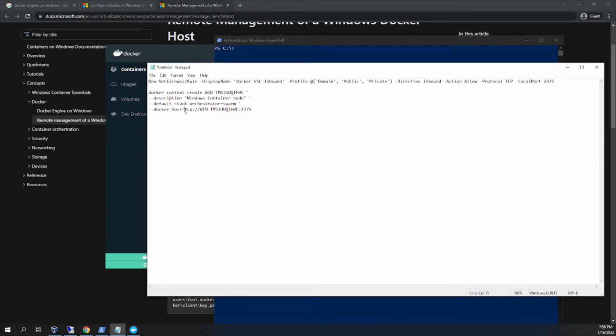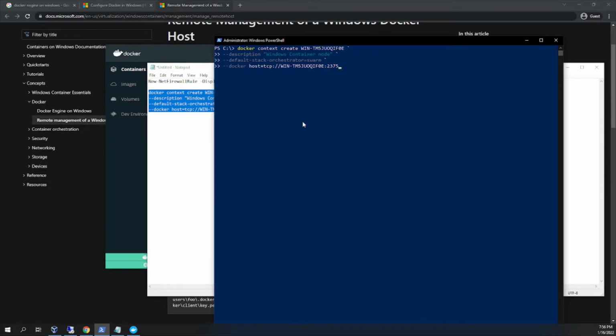And the Docker host, this is the most important configuration. As you can see here in the host, I have specified that when you are using this context, you need to connect to the Docker engine which is running on the Docker host on this TCP port. So it's currently defined that you need to connect to this machine's TCP port 2375. Okay, so let's run this command and create the Docker context. And as you can see, successfully created context. So we will do docker context ls,